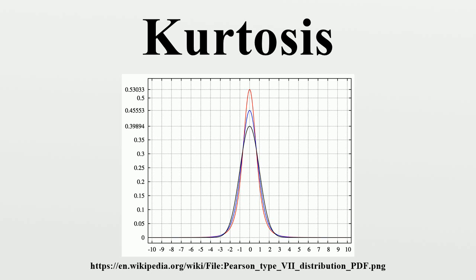The reason not to subtract off 3 is that the bare fourth moment better generalizes to multivariate distributions, especially when independence is not assumed. The cokurtosis between pairs of variables is an order 4 tensor. For a bivariate normal distribution, the cokurtosis tensor has off-diagonal terms that are neither 0 nor 3 in general.